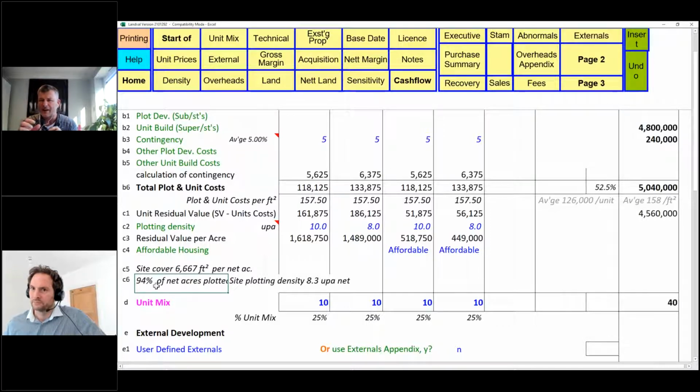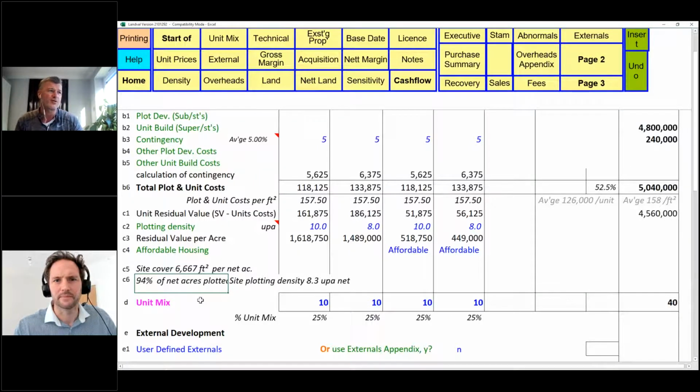So once you've done a little bit of work of understanding your plotting densities, maybe with your architect, you can then see coverage. So here you can see that these units are going to fit on this site, and it's going to go to 94%. You're trying to make it 96, 94. You want to give your architect a bit of scope to fit this in, but you're more saying to your architects or designers, this is what we want on the scheme, go off and design it, because that's viability-wise works for us.